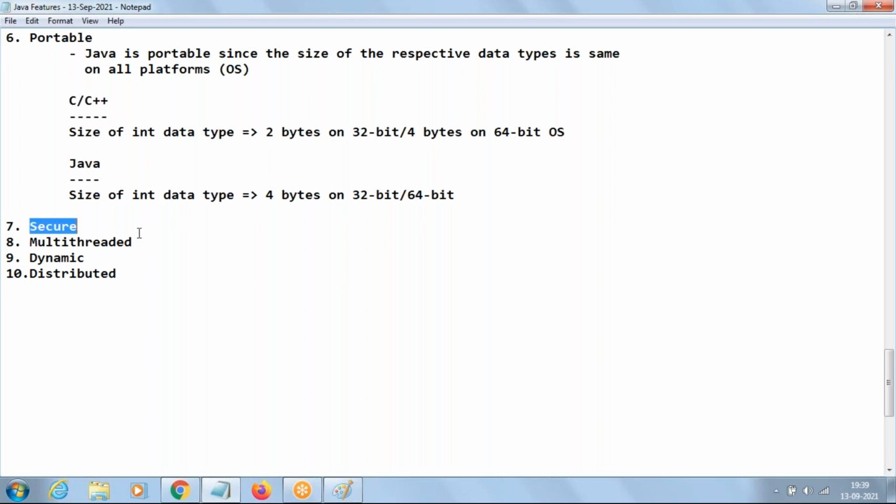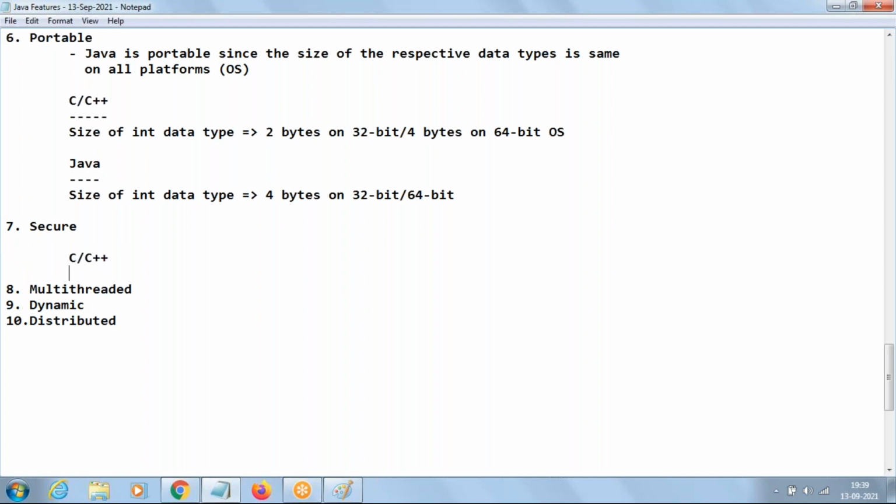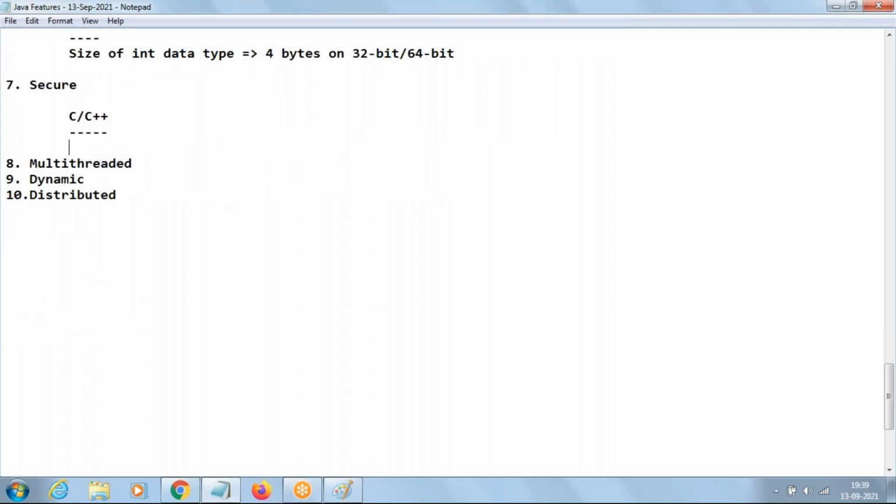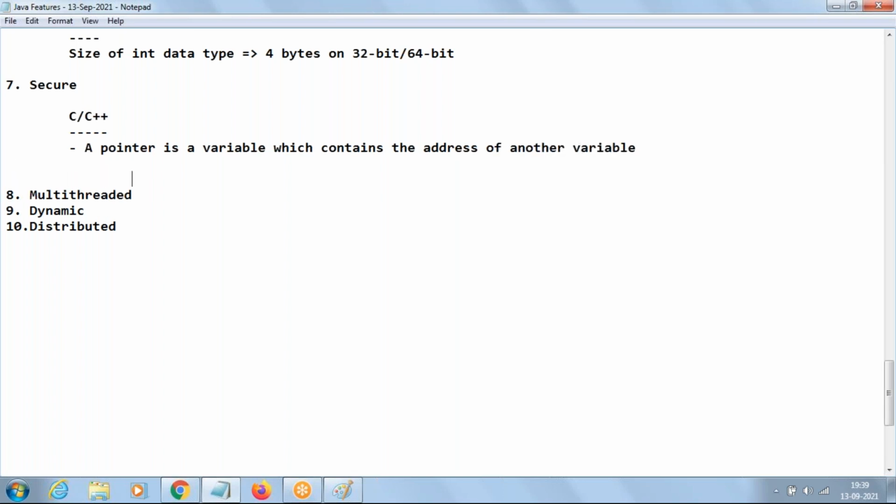The next one, secure. Before we go to secure, we are again coming back to C or C++. We are having a concept like a pointer. A pointer is a variable which contains the address of another variable. Like example,